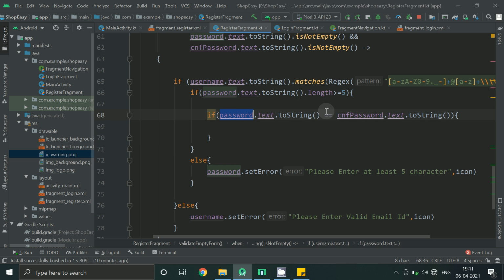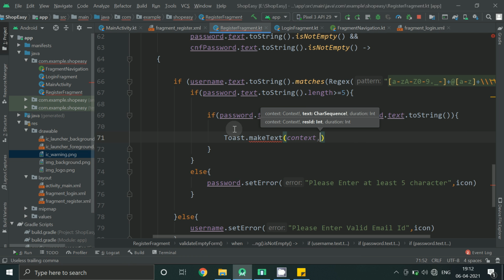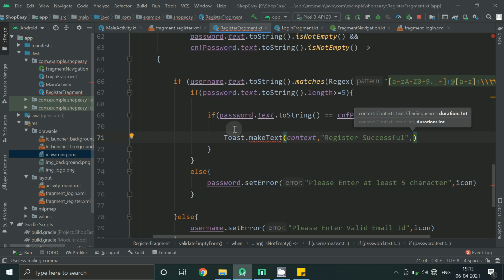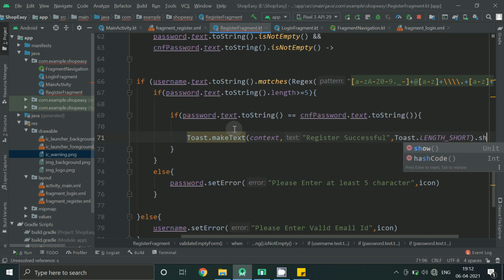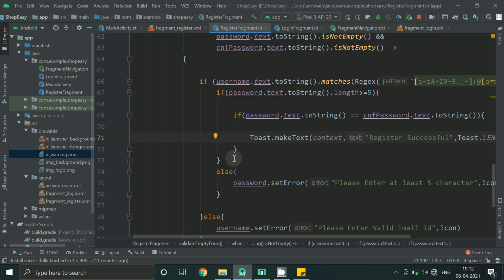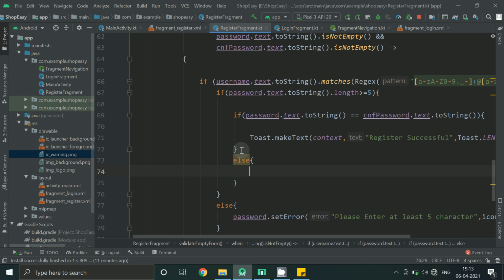If our password and confirm password both are same, then we will display a successful message for now. Otherwise, we will display a error message.